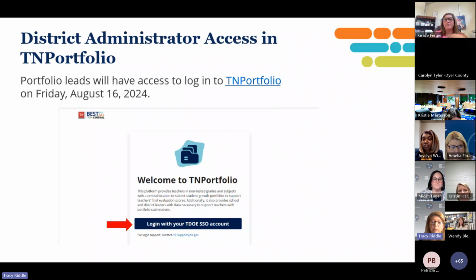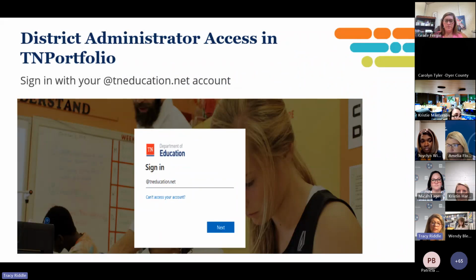You will notice here there's a blue box that says log in with your TDOE SSO account. So you will need your SSO account information to log into the platform, both you and your teachers. When you click on this, it will take you to a login page that looks like this, where you sign in. In some cases, you might see where you can click on it, but if not, you're going to sign in with your